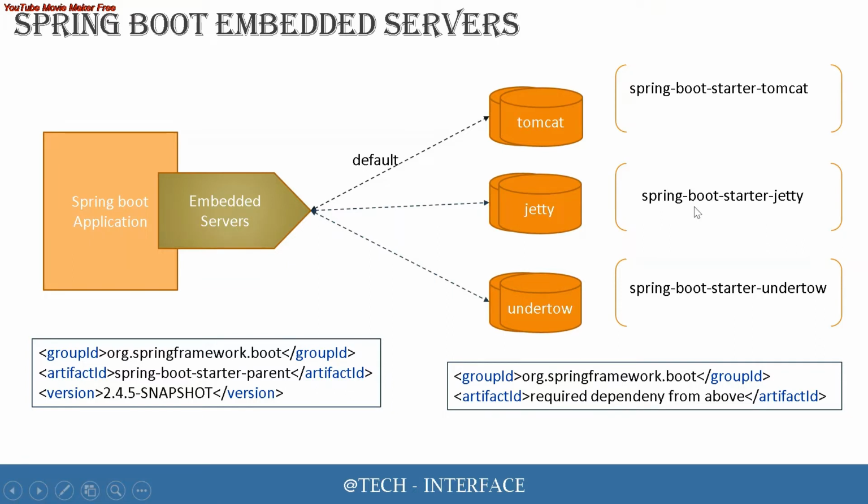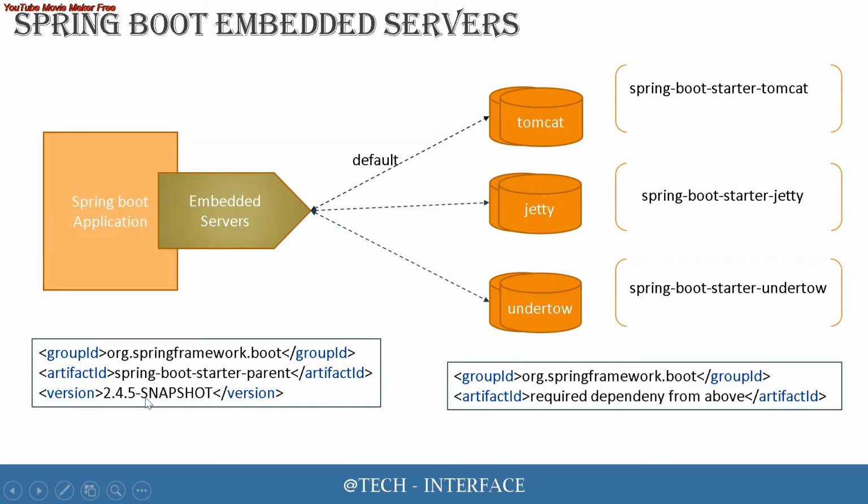If you want to override that, you just need to add Spring Boot Jetty. If you want to use Jetty, you can use spring-boot-starter-jetty, or if you want to use the Undertow server, you just use Undertow. Whenever you want to include Jetty or Undertow, or override or remove Tomcat, you just need to explicitly exclude the Tomcat dependency from your web starter and explicitly add the new dependencies for Jetty or Undertow to your application, so that it overrides and runs on the specified server as well.